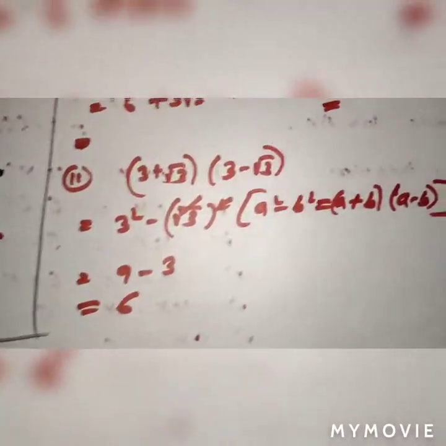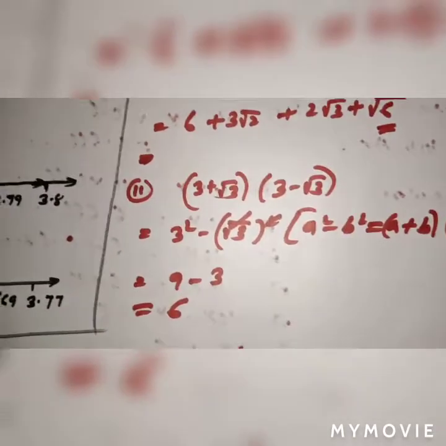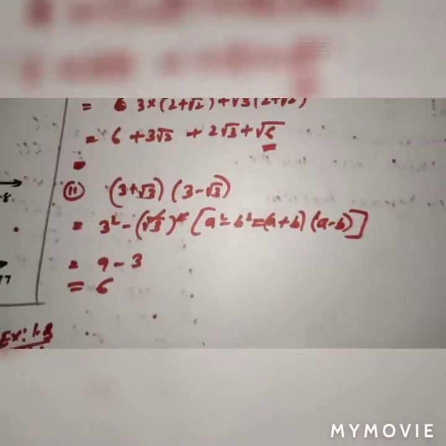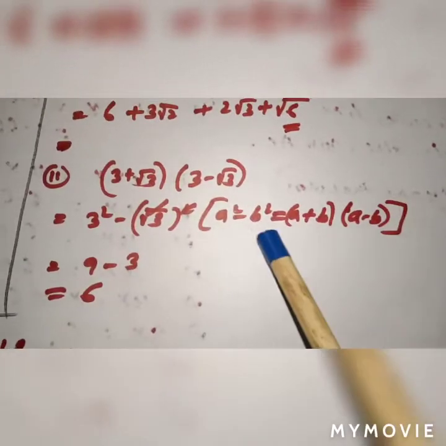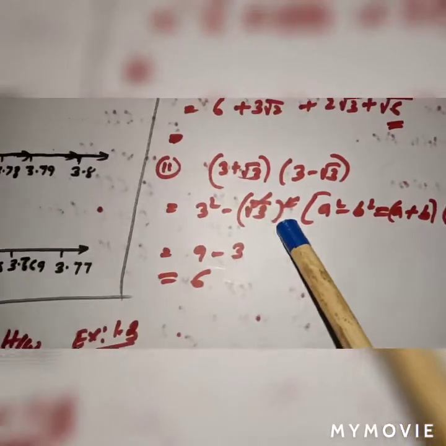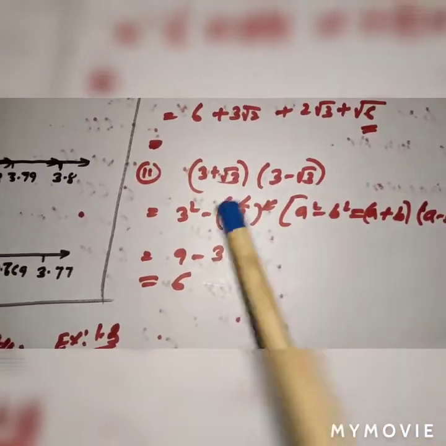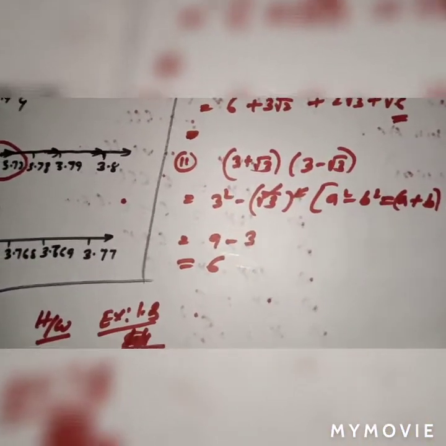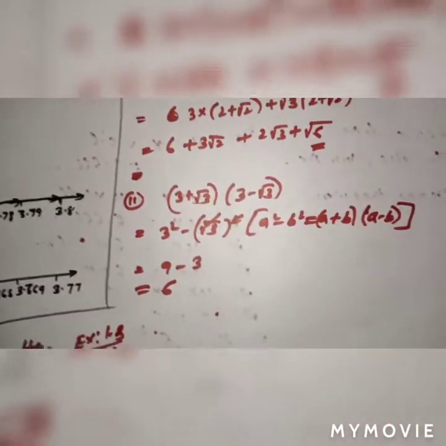Now second one, 3 plus root 3, 3 minus root 3. This is also a binomial with a binomial. You have to multiply. You can multiply like question number 1, or you can use a formula because you got algebraic identities in class 8. What is a square minus b square equal to? a plus b, a minus b. Yes or no? That one you can use here. So a plus b, a minus b gives a square minus b square. 3 square is 9, the square root cancels, what is left? 3. So 9 minus 3 is 6. Understood? There are 2 more questions, you can solve yourself.